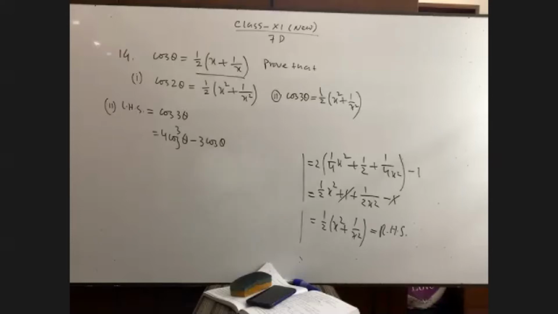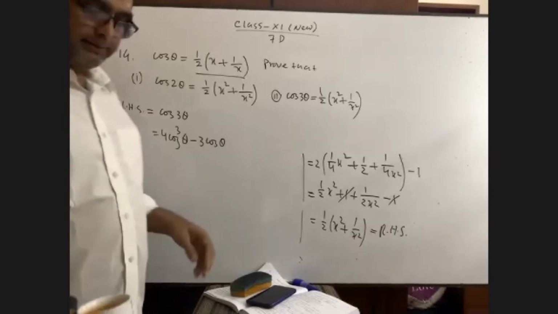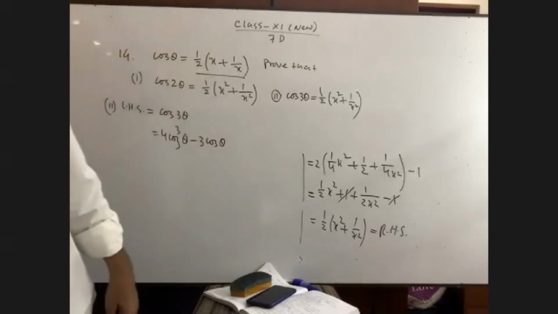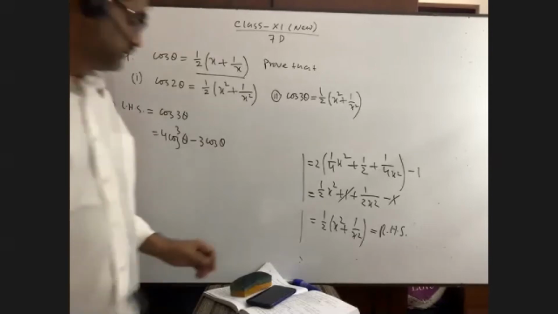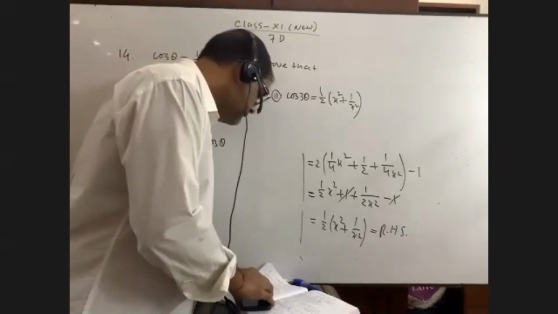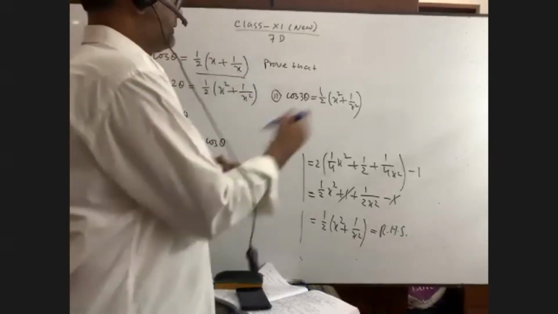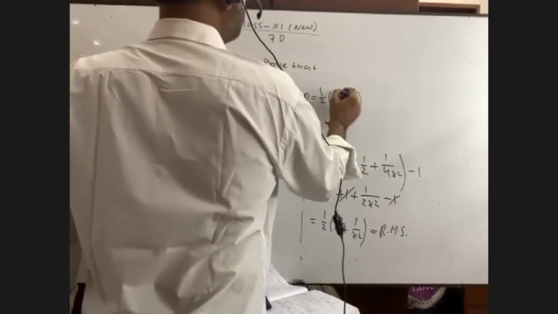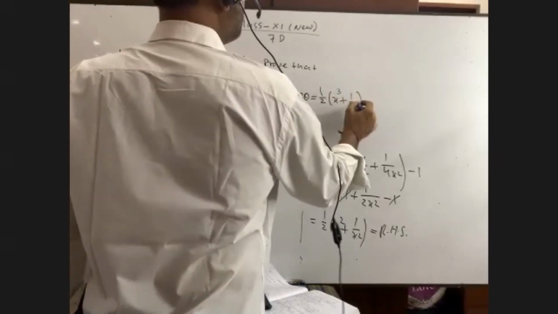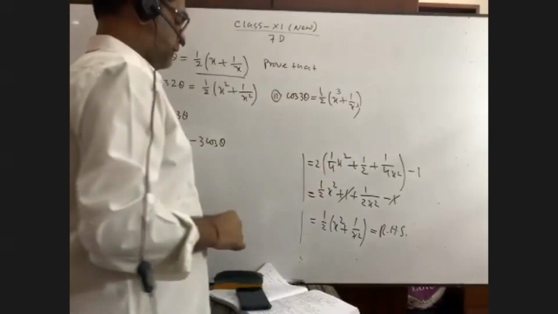Can you do it? Yes, sir. Okay, do. Okay sir, and let me know. It will be x cube plus 1 by x cube. In the question, yes, I'm sorry. This one is 3. Okay, answer says